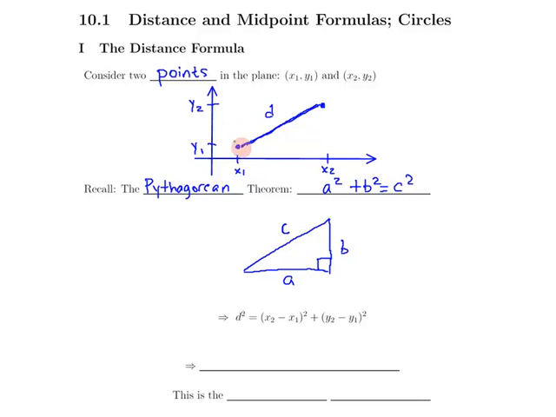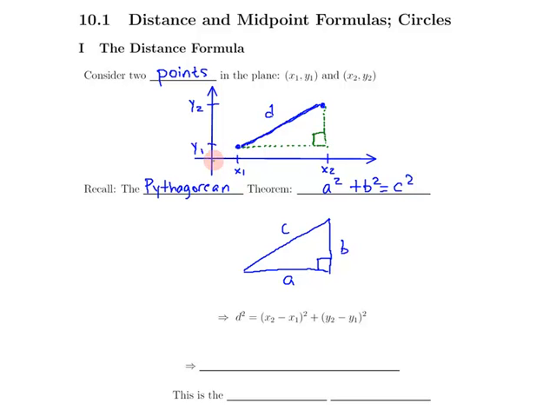If you look closely up here, we can actually turn this drawing into a right triangle by taking a straight line from this point parallel to the x-axis all the way over to x2, and then a straight line all the way down from y2 down to y1. And that forms a right angle. Now, since that's a right triangle, then it satisfies the Pythagorean theorem. So all I need to know is how long each side is, and I can plug that into my Pythagorean